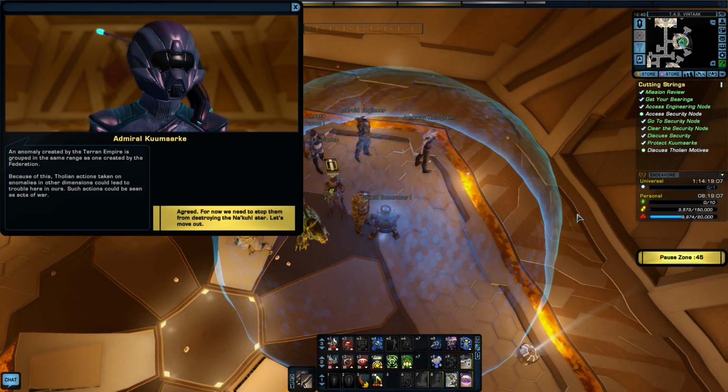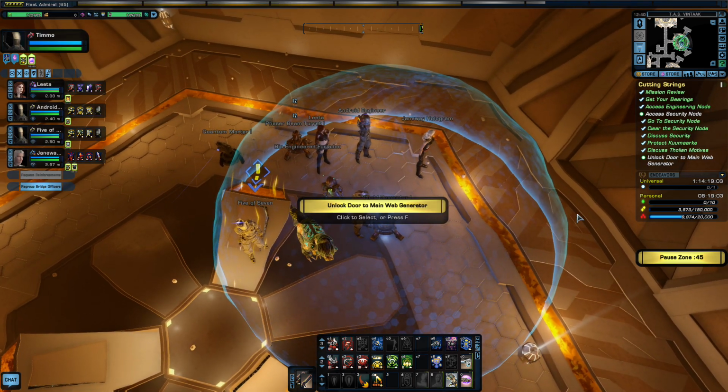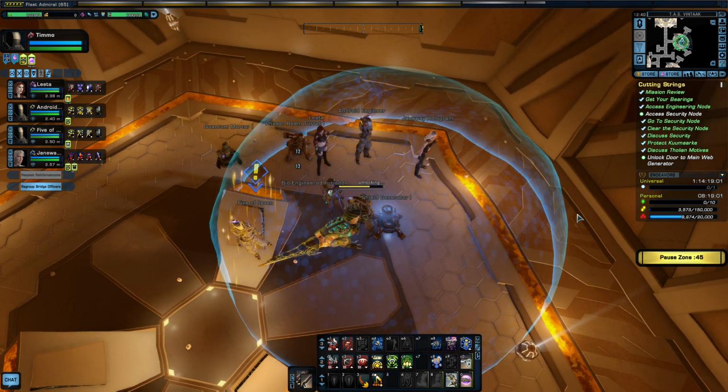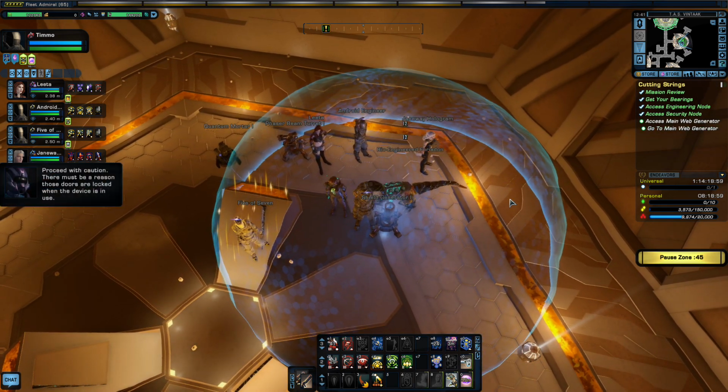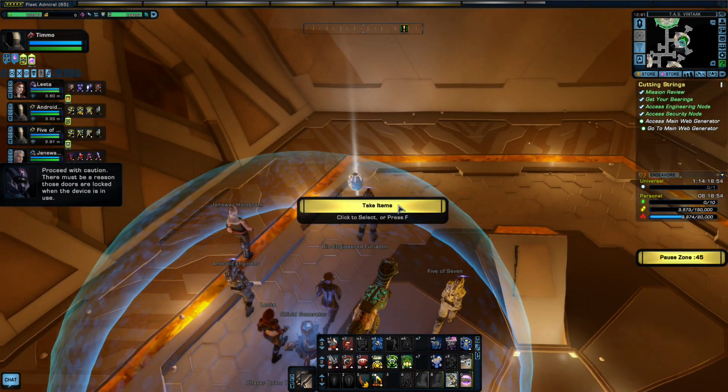Let's move out. Unlock door to main web generator. Unlocking. Proceed with caution. There must be a reason those doors are locked with the